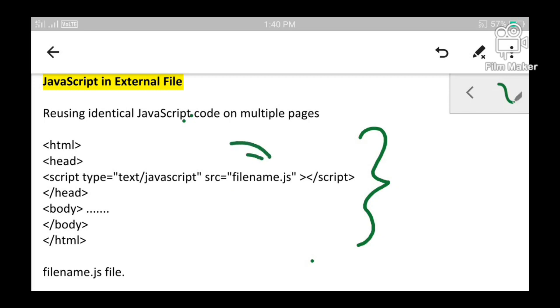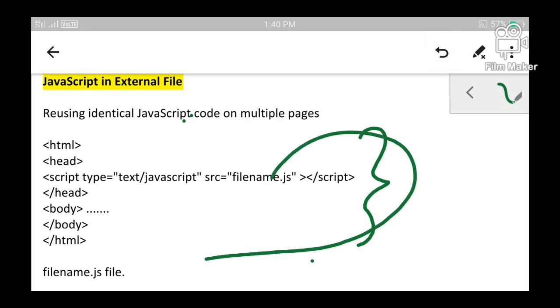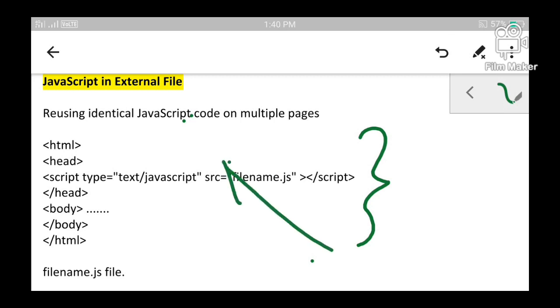And the source is in a JS file. At that time, the reference goes to that particular JS file. And in this way, the function written somewhere else will get executed in this particular HTML document. So in this way, that particular function can be called or invoked wherever we want it to be executed.